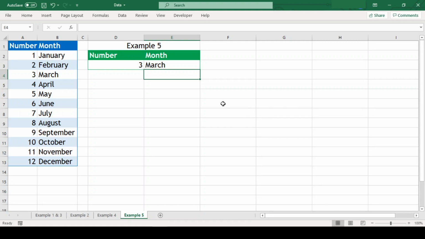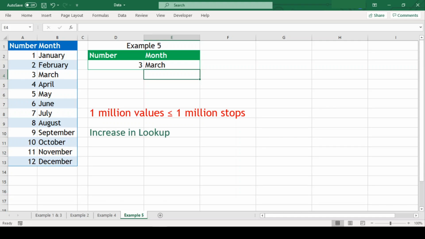Generally, the lookup function searches from top to bottom or bottom to top, which means that the function has to go to each and every record and check if the value matches the lookup value. So imagine if the lookup array has 1 million records, then the function will have a million stops to compare the value with the lookup value. Of course, the search stops as soon as the match is found, but even then, a million is a huge number. And what if we have multiple lookups of this kind? The performance of the worksheet will definitely go down.